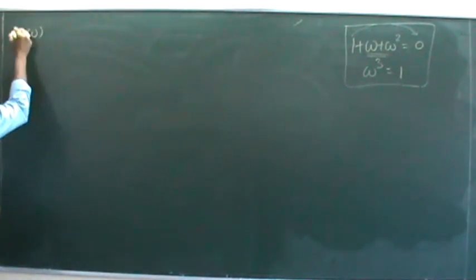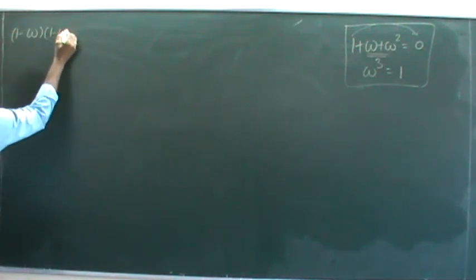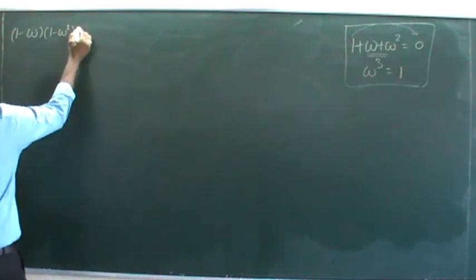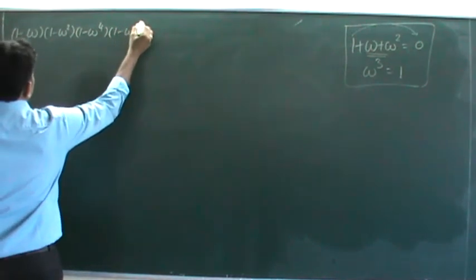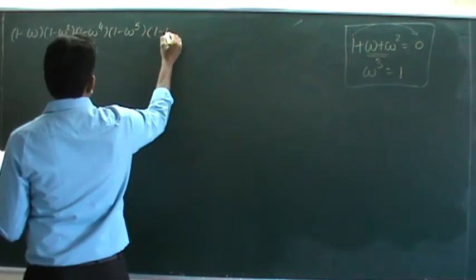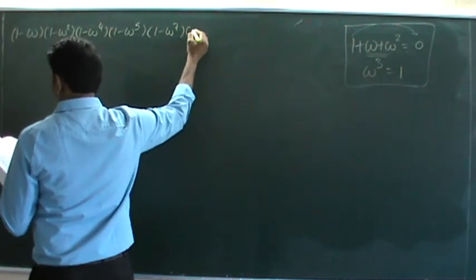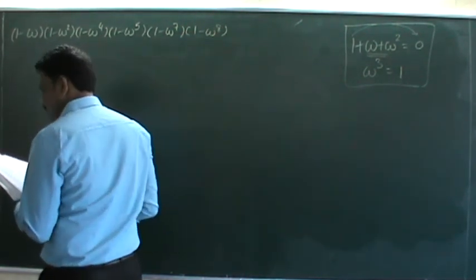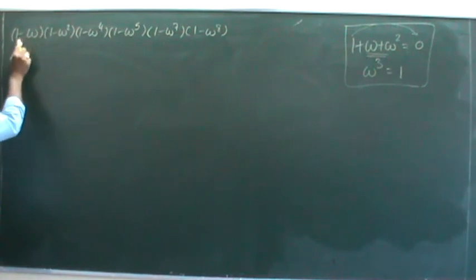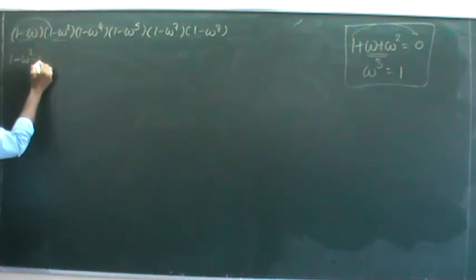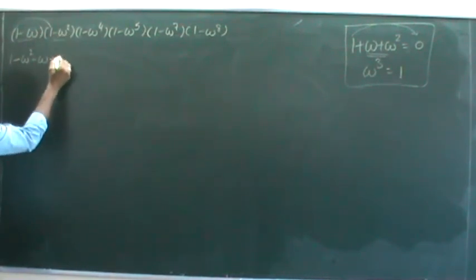See, 1 minus omega into 1 minus omega square into 1 minus omega power 4 into 1 minus omega power 5 into 1 minus omega power 7 into 1 minus omega power 8. This is a very lengthy question. Now how to multiply? Total 6 terms are there, my dear children. We will multiply two terms at a time. These two terms first: 1 ones are 1, 1 into omega square, minus omega, minus into minus, omega into omega square is nothing